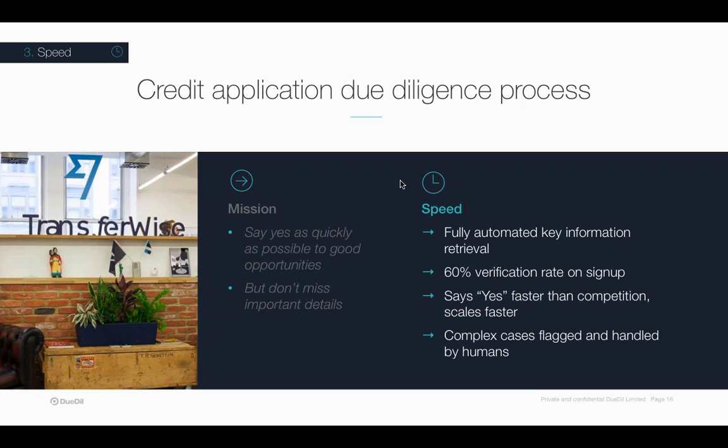This allows them to make immediate risk calculations and means that only the interesting, complex cases make it through to their credit managers, which means the credit managers are being used for the full power of their brains, and their training is being used rather than checking more obvious, easy to process companies.